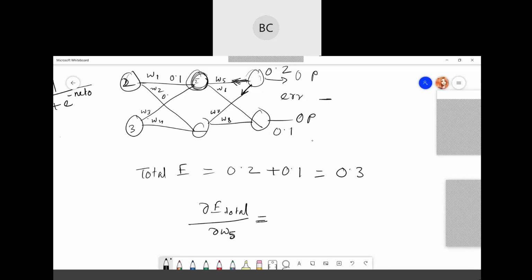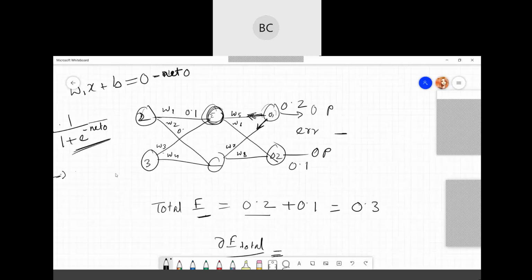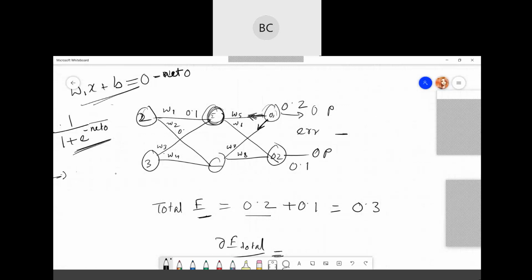According to the chain rule, we have different equations. One of the equations is that the total output is the output of maybe O1 and O2. Then we also have the equation for your sigmoid function, and an equation for the net output.